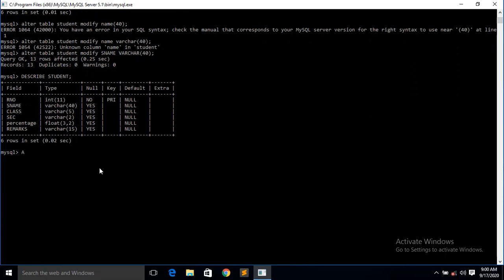Again I can give alter table student change. Now I have to use the change clause. There to modify the data type I have given modify, isn't it? Now I want to change the name, so change clause.